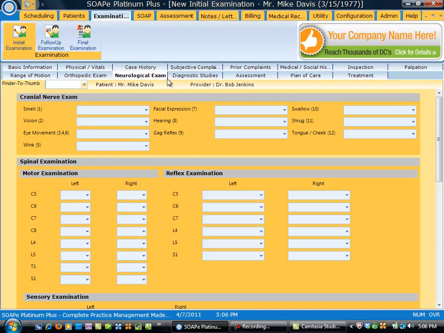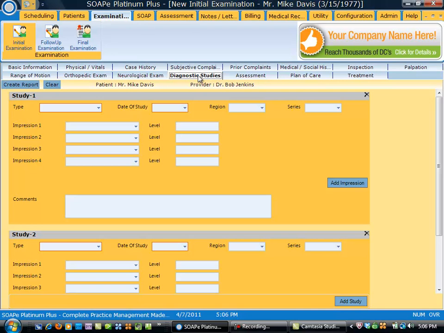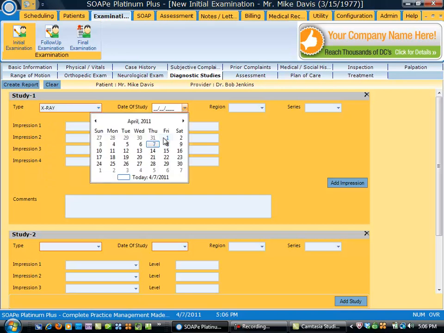Now, keep in mind that you don't have to fill in every single tab here. Some doctors may not perform a neurological exam. If that's the case, you can just skip over this tab, ignore it. But the option's there for you. So continuing on, we have the Diagnostic Studies tab. We're going to just select a test,